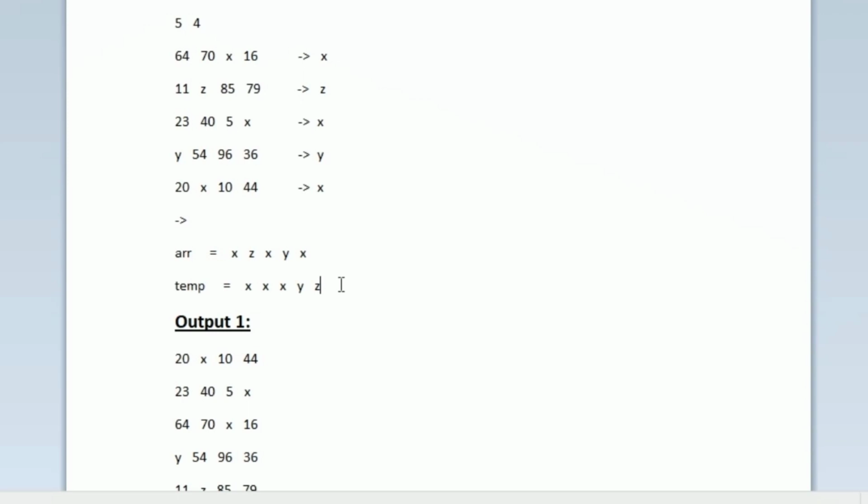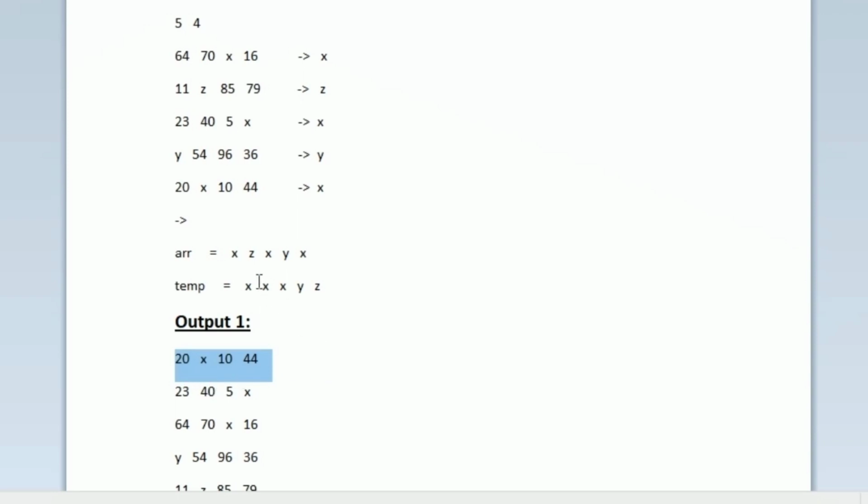Now we have to sort the rows of the matrix based upon the lowercase alphabet present in each row, and if two or more rows have the same lowercase alphabet, then we have to sort based upon their order of occurrence in reverse order. After sorting, the first character is X. We have to check all the rows which contain the lowercase alphabet X. In the input matrix, the first row has X, the third row has X, and the fifth row has X. But X has more than one occurrence, so we have to sort based upon their occurrence from reverse. So the last row must be printed.